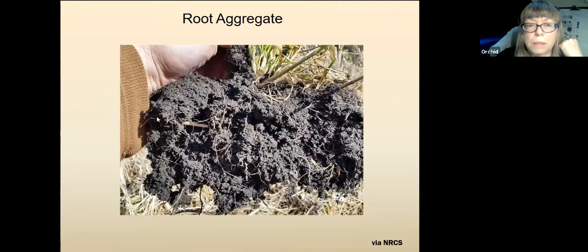So here you have, why is that soil stuck to that root? Why doesn't it just fall off? It's the glomalin, which is the glue from the glomus species. So that's kind of really amazing right there. And then,